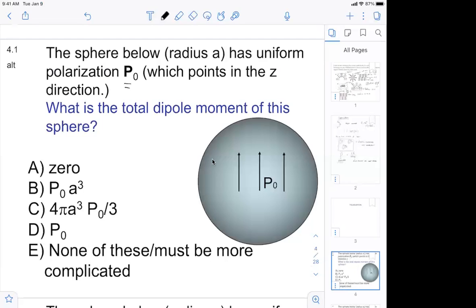You can see that it is simply a direct application of the definition for polarization. Here, the polarization is P naught. In terms of its magnitude, it is the sum of the dipole moments over volume. So given P naught, we want to find the dipole moment. The sum of your little dipoles inside is going to be the polarization, which is already given, times the total volume of the sphere. So very good, C is correct. You simply put 4 pi over 3 times radius cubed for the volume, and you can get your total